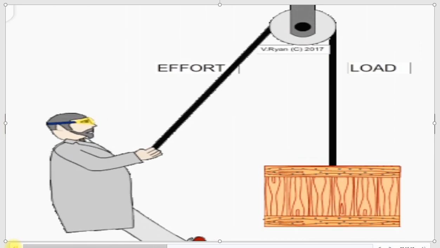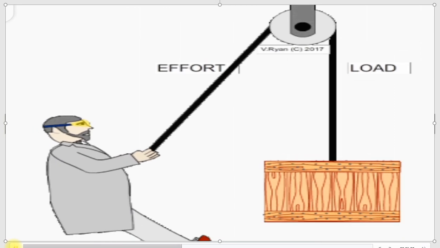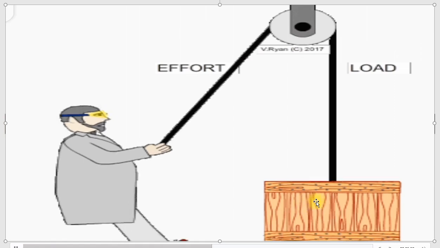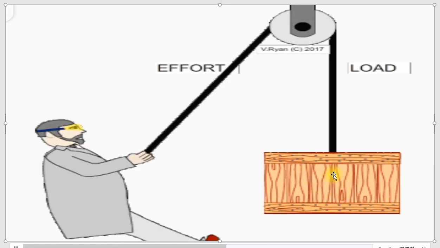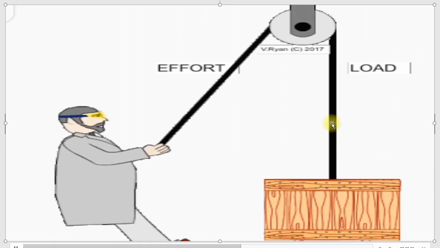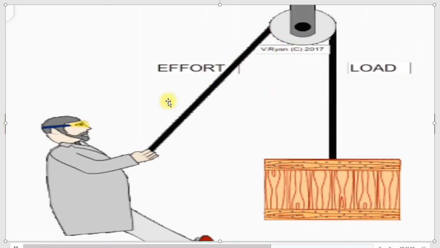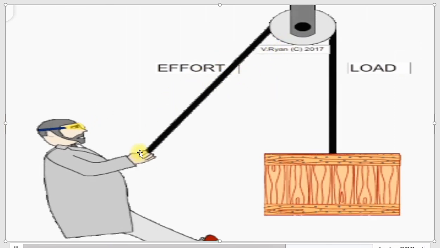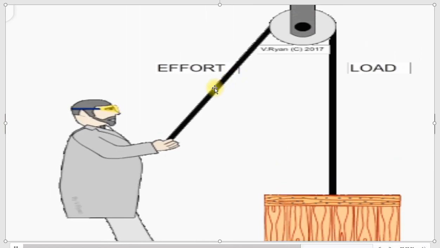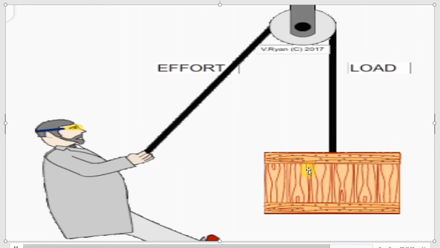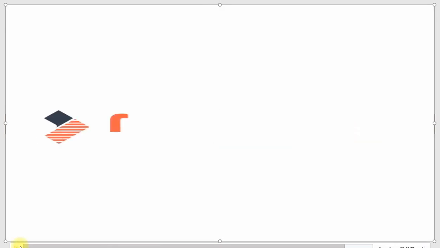You can see that changing the direction of force means that if you want to lift that object, then you have to lift it in the upward direction. But here when you use a pulley, you are applying the force in the downward direction. You are pulling the rope in the downward direction, and as a result the object is being pushed in the upward direction.